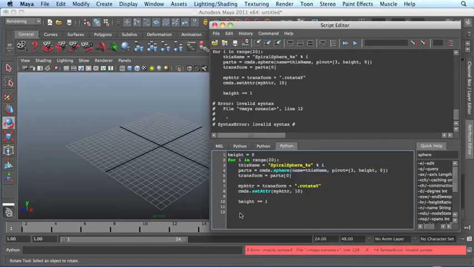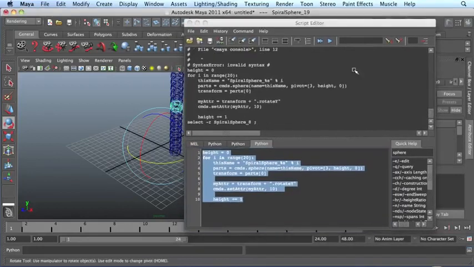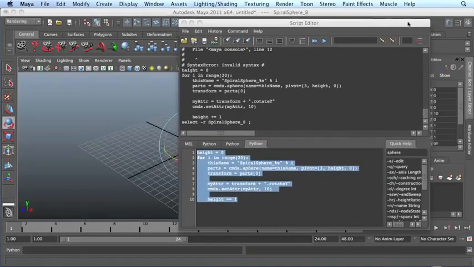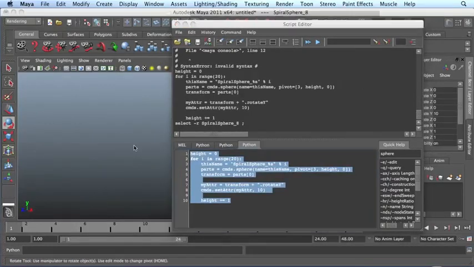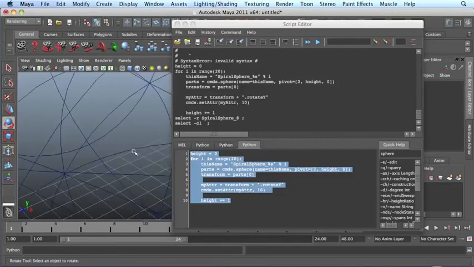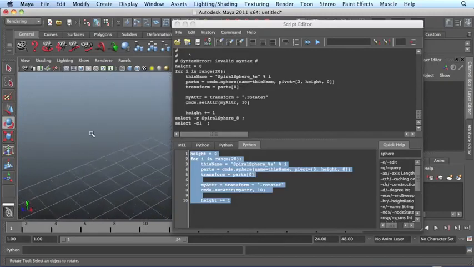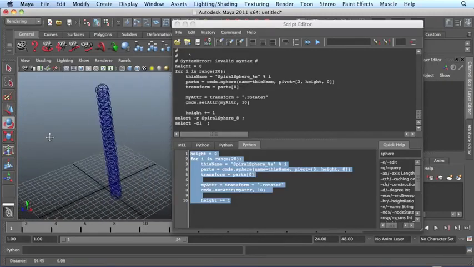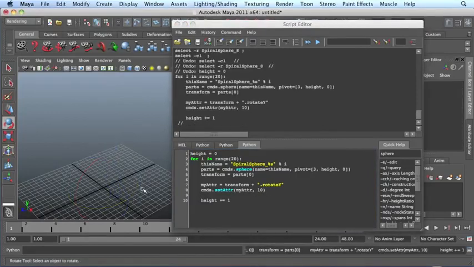Oops. If you have some weird blank lines here at the end, sometimes it freaks out on you. So just make sure you select all this here. Okay, let's hit enter. Now, everything's still one after the other because, let's see the channel box, we set everything to 10. It's hard-coded. It can't do anything better than that. Sorry, it's really weird to work in this small screen space. There we go. Okay, so instead of doing a hard-coded amount, and let's get rid of all these, we need